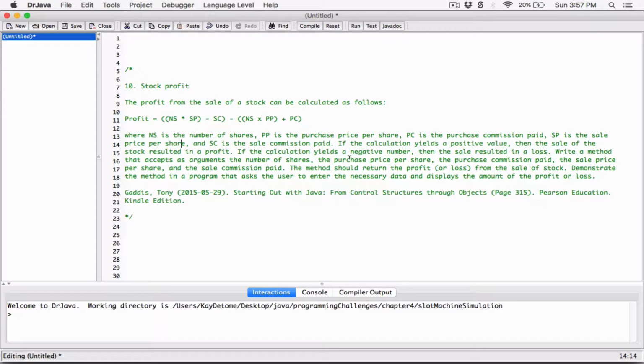Write a method that accepts as arguments the number of shares, the purchase price per share, the purchase commission paid, the sale price per share, and the sale commission paid. The method should return the profit or loss from the sale of stock. Demonstrate the method in a program that asks the user to enter the necessary data and displays the amount of